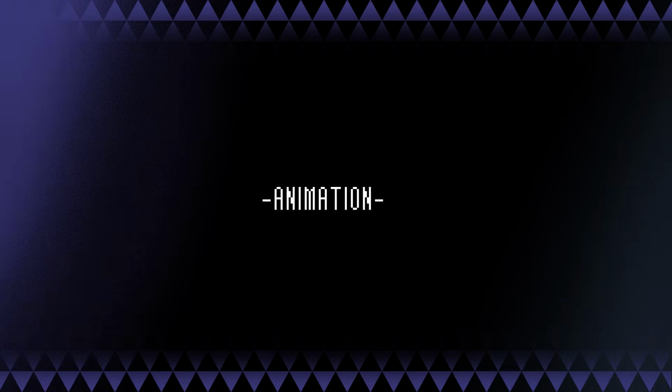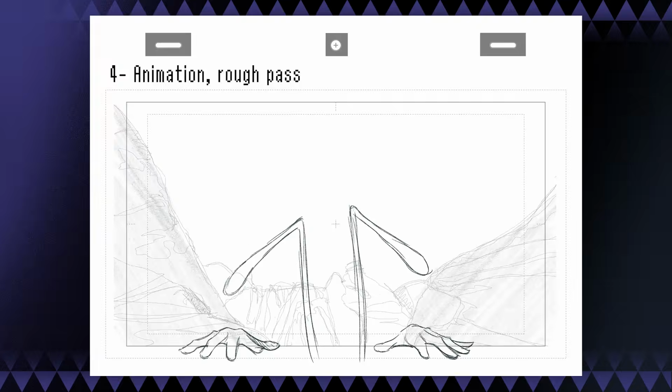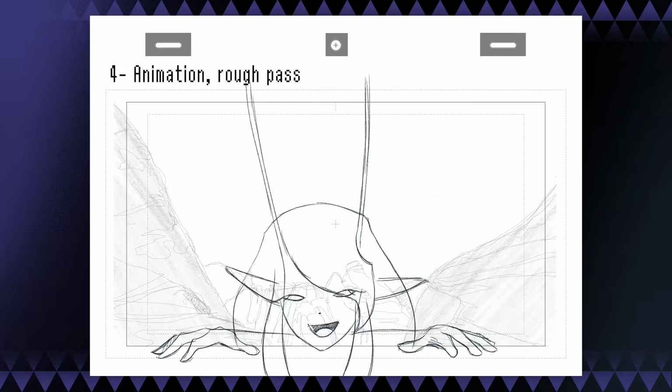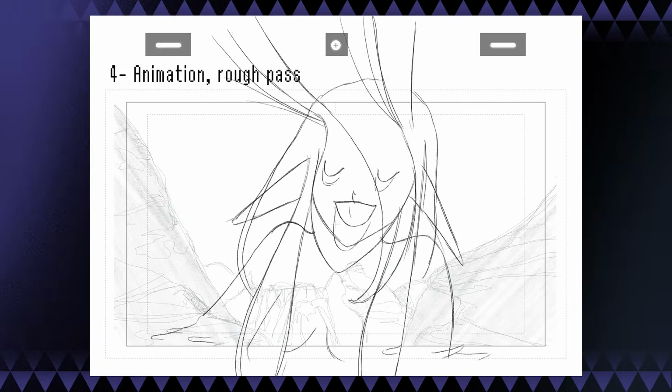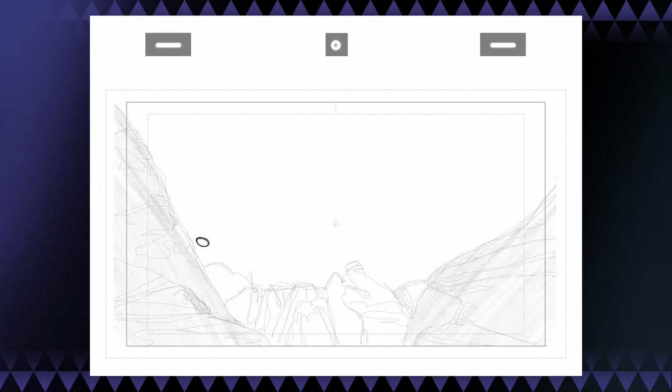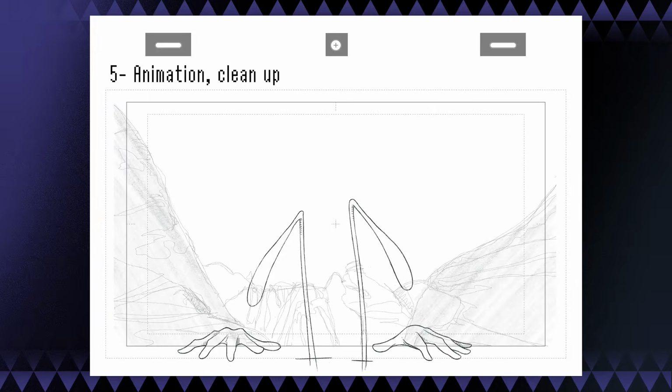Now this is the step where the character really comes to life. Starting with a rough pass first, I'm being very careful with where I place my lines, making sure the character feels three-dimensional, but also not forgetting about designing good 2D shapes. Here is where I feel the fairy's design can really shine, as I'm paying a lot of attention on her